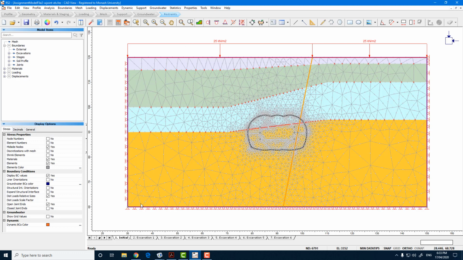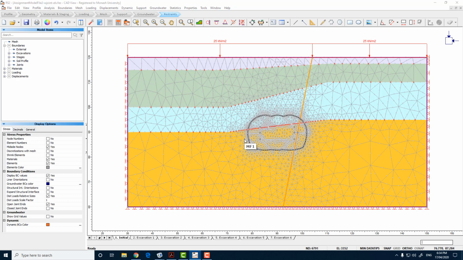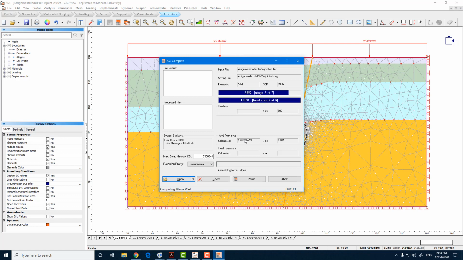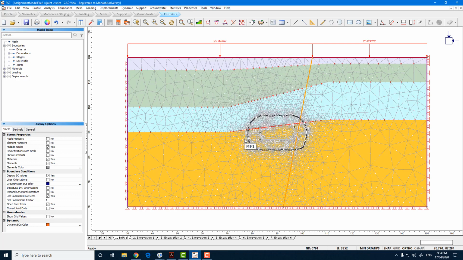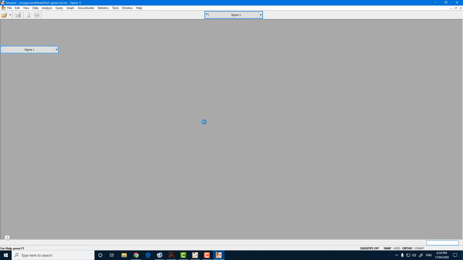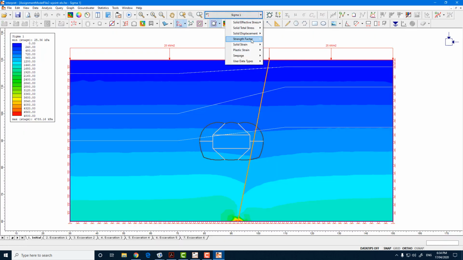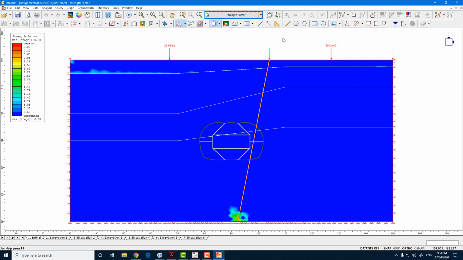Once you have defined your load, your restraints, and also meshed your domain, you can compute your numerical model. Once computing has been completed, you can look at the results using this interpret icon. So you would start by looking at what is known as the strength factor. The strength factor is the ratio between the rock strength to the induced stress at a given point. Now this means that if the ratio is less than 1, there is a potential likelihood